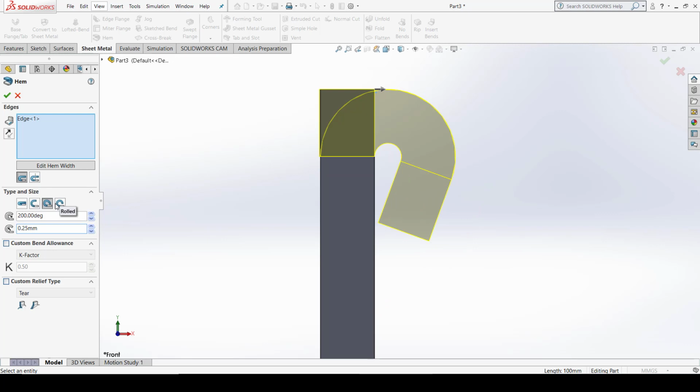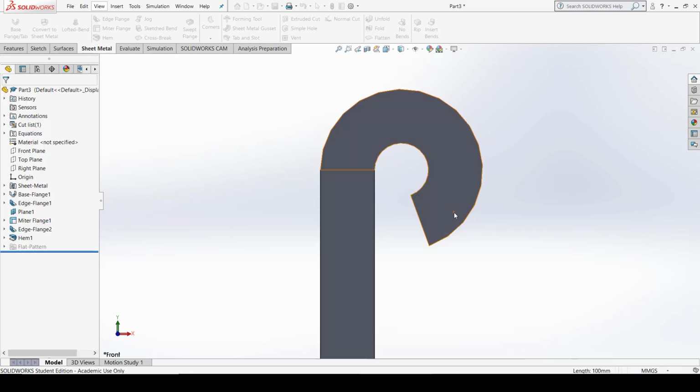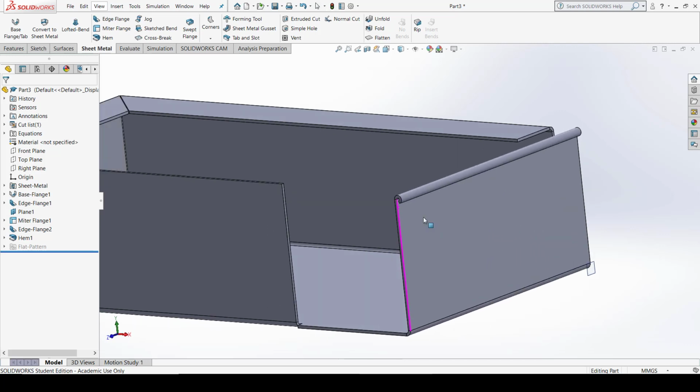And last one, we have a rolled option here. So when I select this rolled option, you can see the same teardrop option, but the difference is that in teardrop your bend is a bit closer to the edge flange, but in the case of rolled, your bend is not very close to this edge flange. So you can change the variations. You can set 0.5 bending radius, you can define the value of 250. So it is totally rolled, not teardrop. In teardrop, first roll and then straight edges. In this, it is completely rolled, 360 rolled. Okay, so when I just click OK here, you can see your flange, your hem is created.